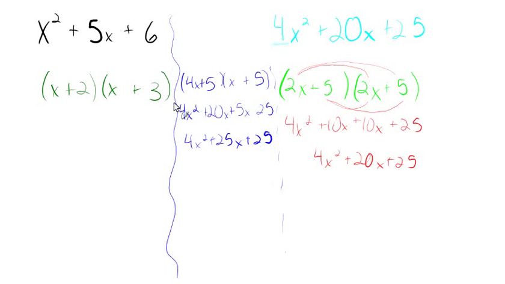Right? And we could try all sorts of different combinations of numbers. We could try 2x plus 25 times x plus 1. We could try 2x plus 1, 4x plus 25 times x plus 1. Let's see. I believe those would be all four of the combinations. So you can see if we hadn't guessed this one correctly right off, we could have gone through 1, 2, 3, 4 before we actually